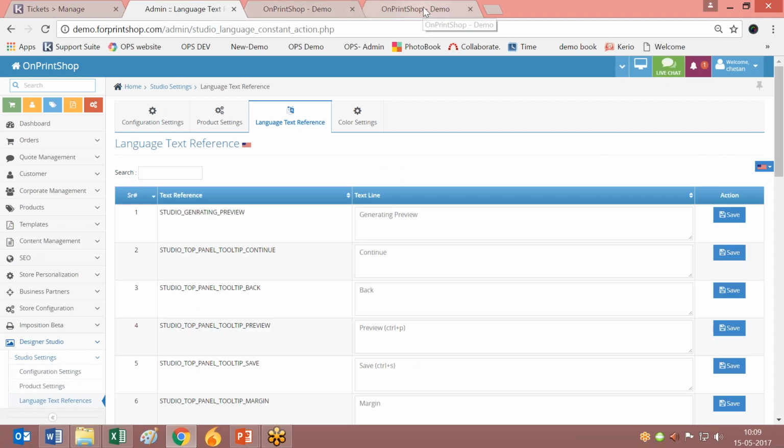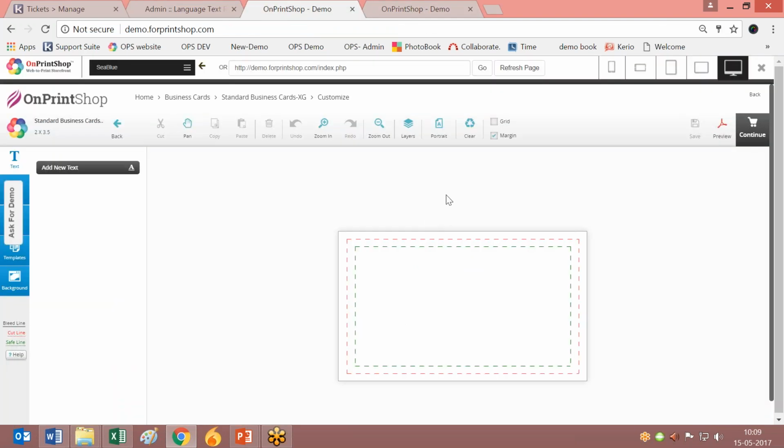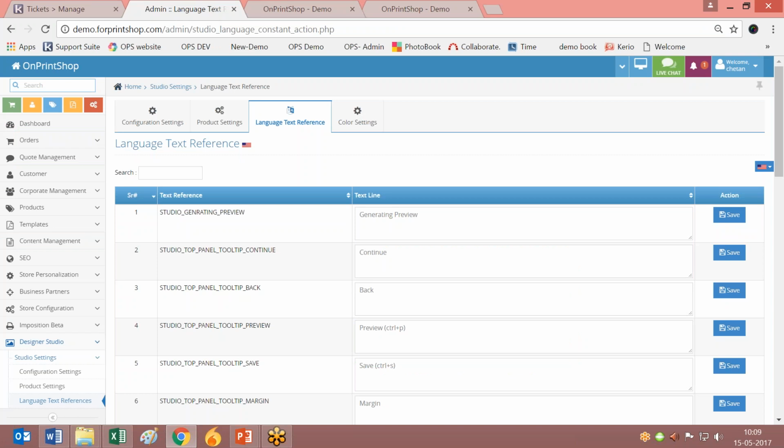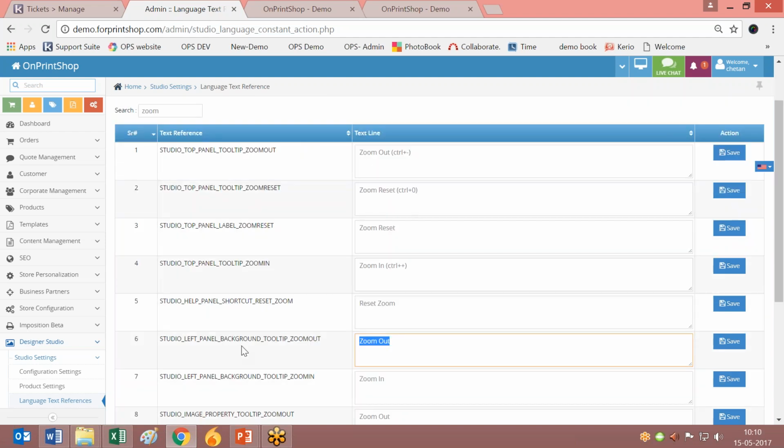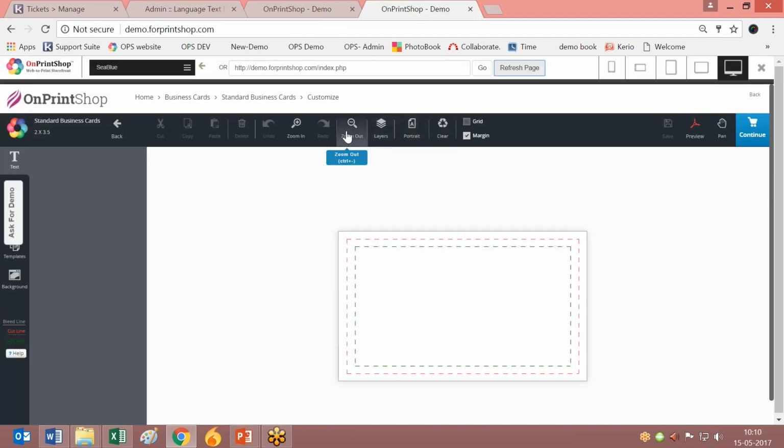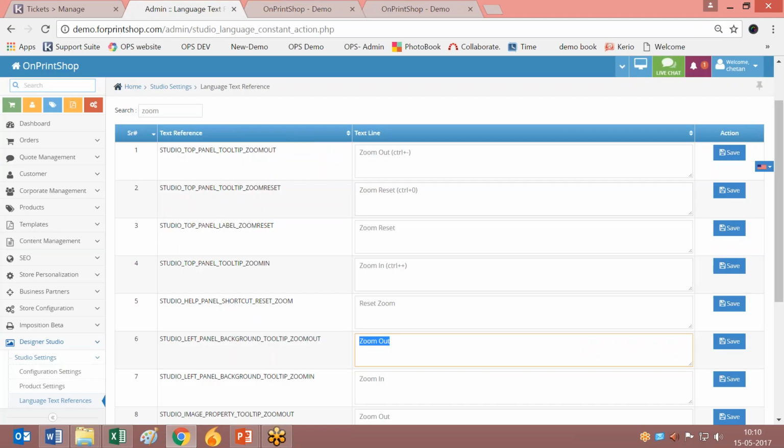Now let me move on to the next option called language text reference. Like if you go onto this product settings, if you don't want this zoom out text, and you want to change this zoom out text, you can do it from here. Just search zoom, and zoom out is here. Okay, studio left panel box, and studio top panel. So if you are willing to change from the studio top panel, you have to select this option